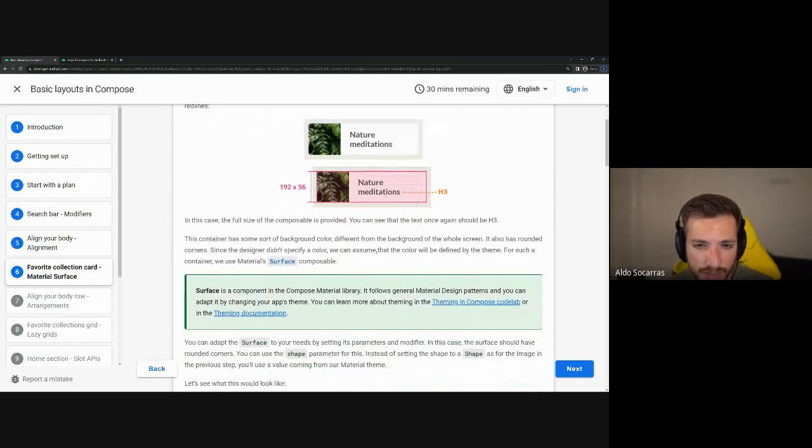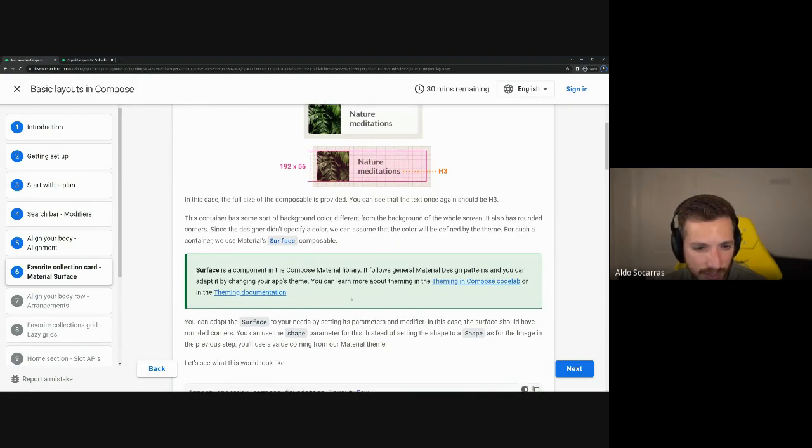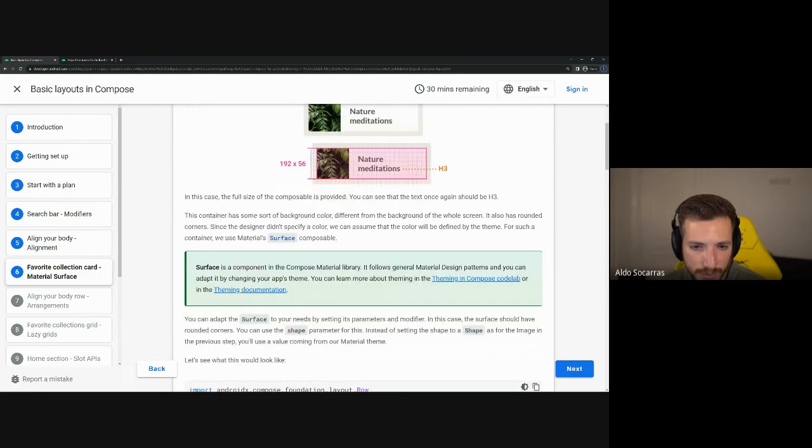So they didn't specify color, so we could assume that the color will be defined by the theme, such as for such a container, we could use material surface composable, which we talked about, I think, last time. And then you could adapt surface to your needs. You should have the ability to add rounded corners with shape. So we could use shape for the image. Oh, wait, to set a shape. As for the image in the previous step, you'll use a value comment. Yeah, so I think,